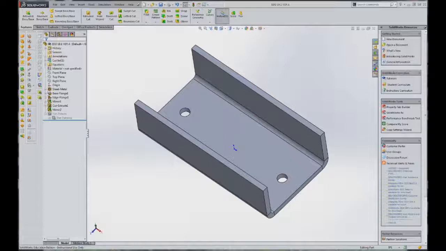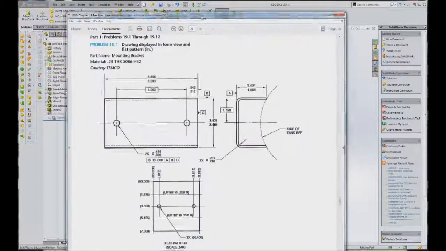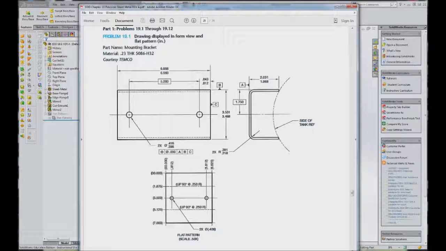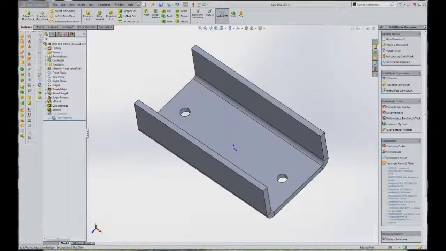In this drawing, I would like you to create the exact drawing that they give you there. Okay, so let's bring it back in here. Let's make sure all the tolerances are done in limits and things like that. Okay, and let's also make sure that the flat pattern is here, but there's only one difference. In the flat pattern,